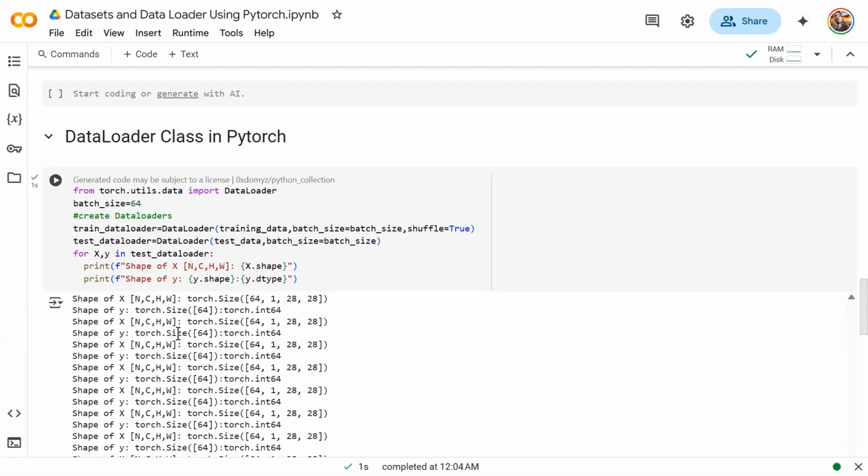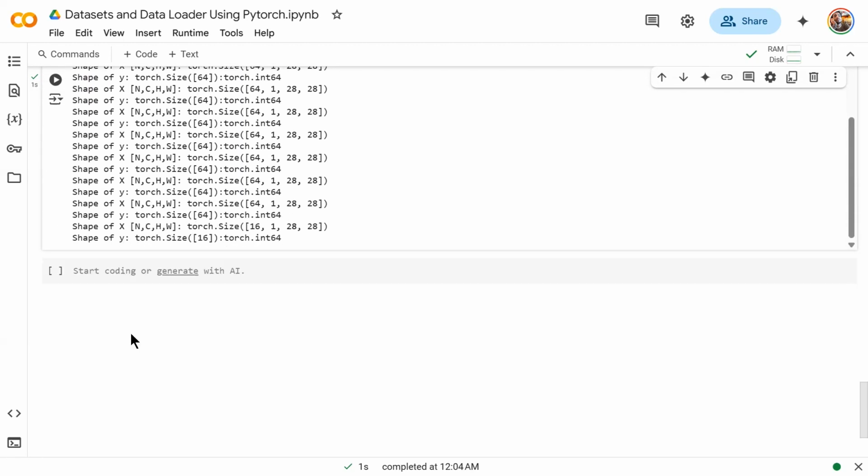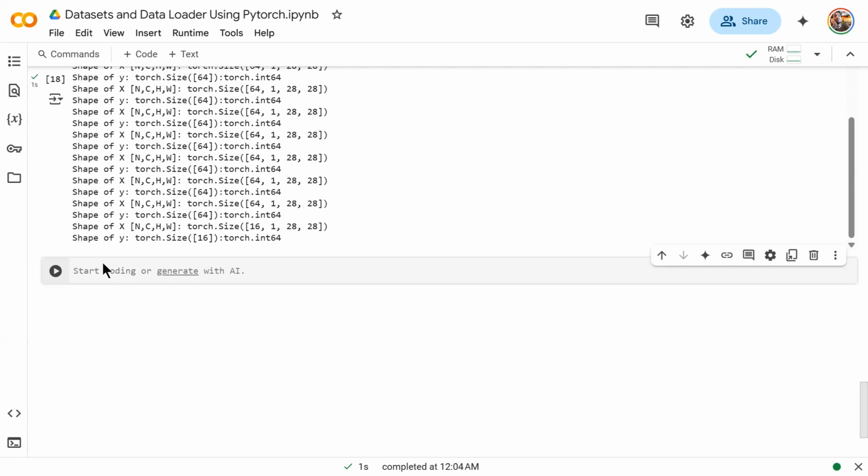As we can see here, it has printed all the training data and test data we created from Fashion MNIST. It has printed N, C, H, W and the shape of y as well for all the images available. And since we know each row in the training data corresponds to one single channel image of dimensions 1 cross 28 cross 28 and a single integer label, it readily follows that for a batch of 64 images we will have a tensor of shape 64 cross 1 cross 28 cross 28